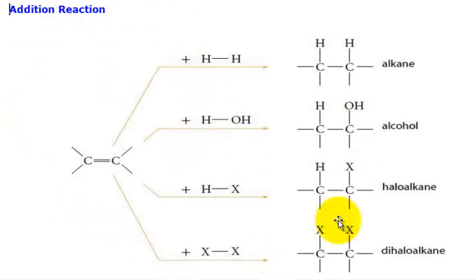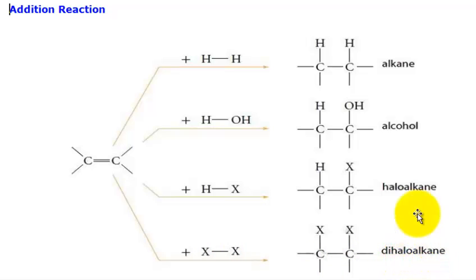This diagram shows four examples of addition reaction. When an alkene reacts with hydrogen, it forms an alkane. When an alkene reacts with water, it forms an alcohol. When an alkene reacts with a hydrogen halide, it forms a haloalkane. And when an alkene reacts with a molecule of bromine or chlorine, it forms a